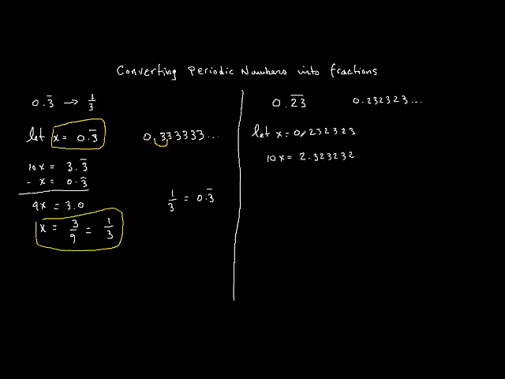2.323232. Now if I look at x and 10x and I align the decimal points together, then the 2 and the 3 line up like this. And if I try to subtract them from each other, it would not get rid of the repeating part. I would not get perfect cancellation. So what I need to do is multiply again by 10. So I have 10x times 10, and that's 100x. And that's the same thing as saying x times 100. That means the decimal point will bounce over twice, and that's